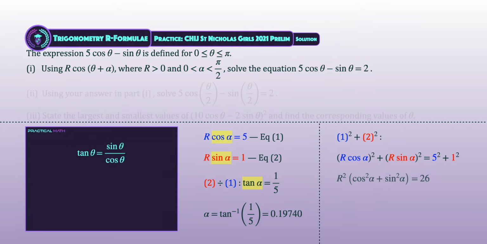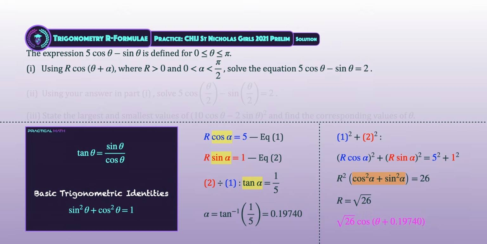Then, we factor out the common term of r square. From the basic trigonometric identities, the sum of cos square alpha and sin square alpha is equal to 1, leaving us with r to be positive square root of 26. Thus, 5 cosine theta minus sine theta is equal to root 26 cosine of theta plus